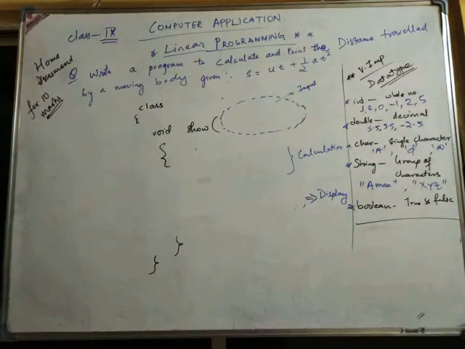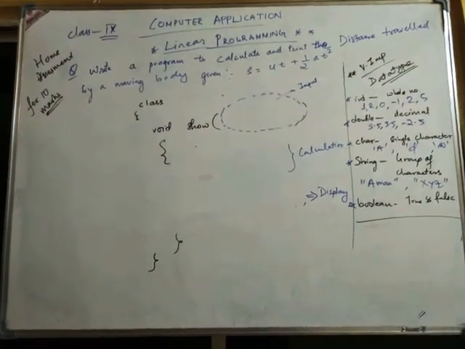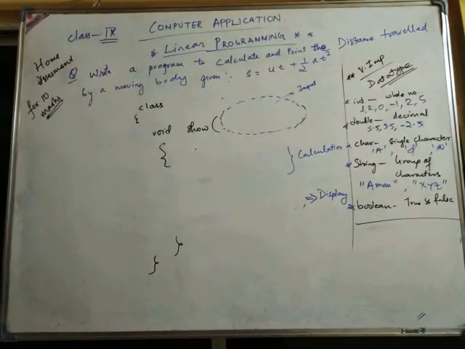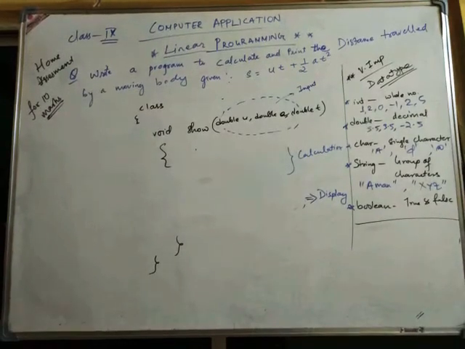So therefore in the input section I need to write int u, comma, or you can take double. u is your speed, a is your acceleration, t is your time, so they can be decimal values. So I'm taking everything as double u, comma, double a, comma, double t. These are the inputs. Clear all of you? So we have done taking the input. After taking the input, I need to do the calculation.